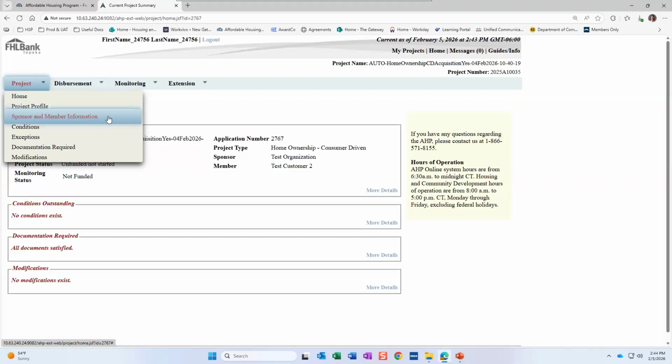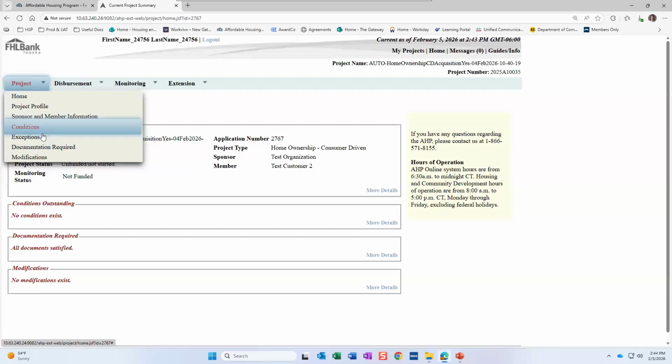Then there's your sponsor and member information. This will tell you who is selected as a sponsor and member contact on your project. If you are selected as a sponsor on the project and can log into it like I'm doing right now, you can change the sponsor and member contacts if you need to do so. If you are unsure how to do that or would like some help with it, though, we are more than happy to help on our end, and we can also switch those contacts from our side. So don't hesitate to reach out to us if you're unsure how to get there and make those changes happen.